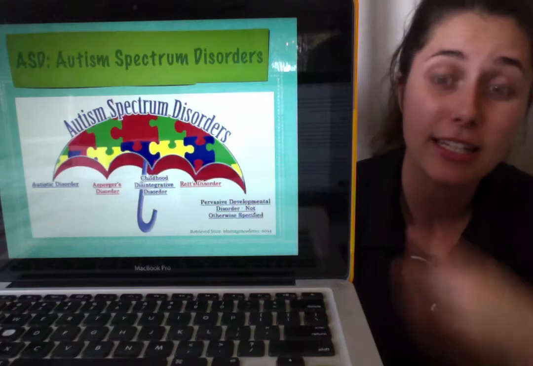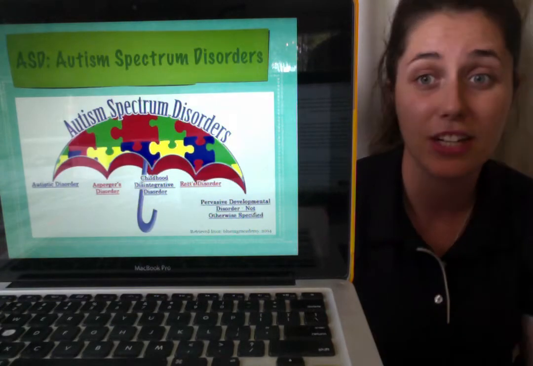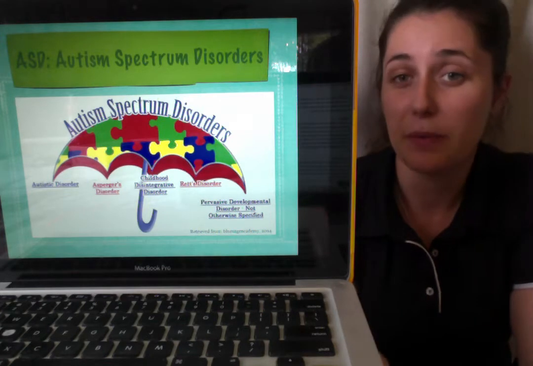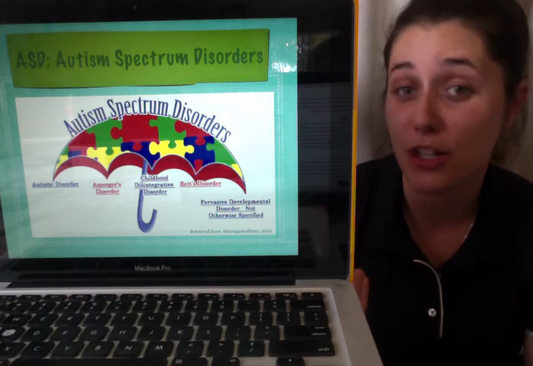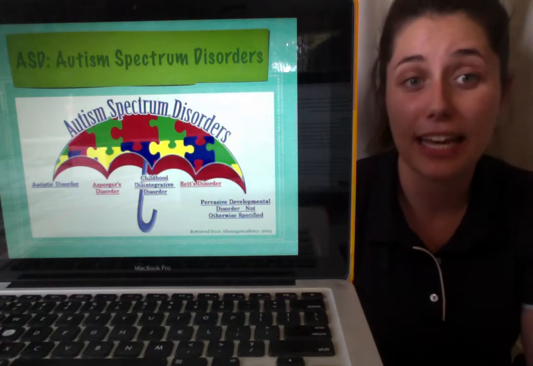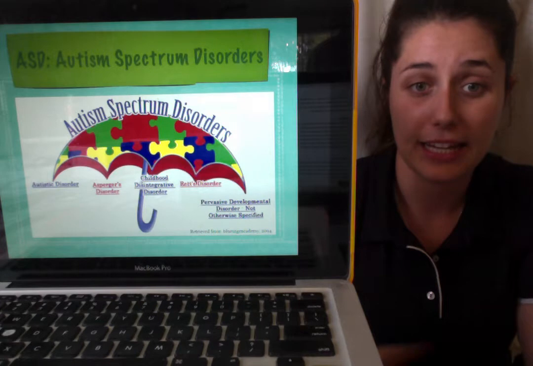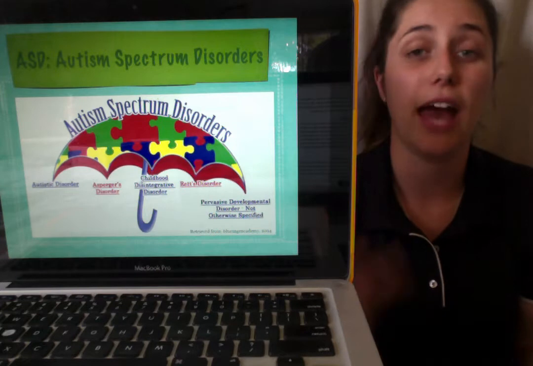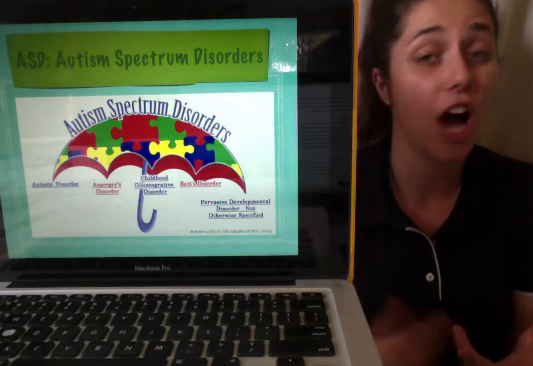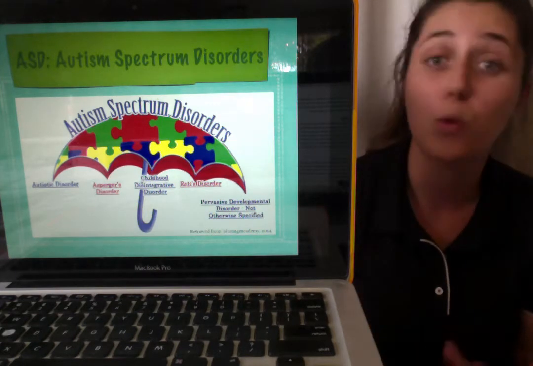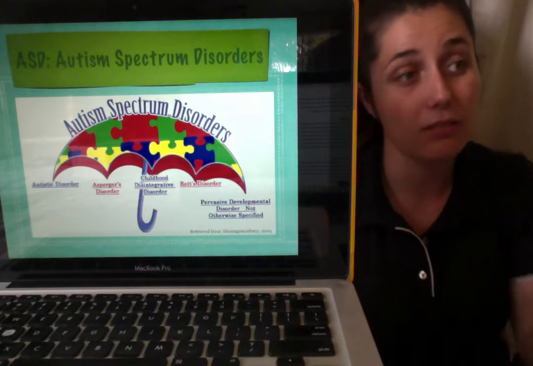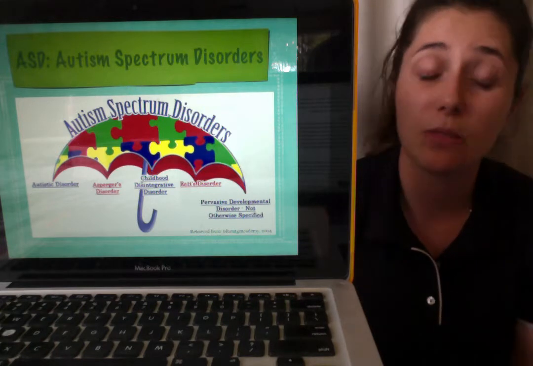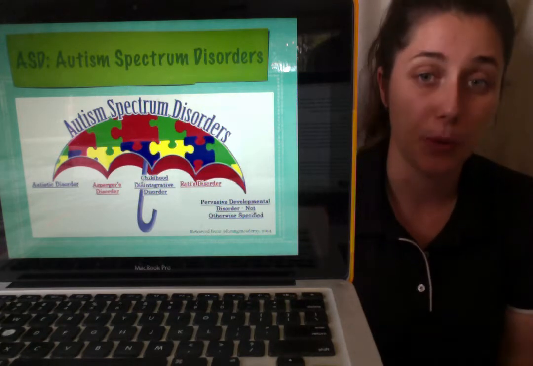So I've included this picture of an umbrella, which essentially covers what autism spectrum disorders may be associated with. We used to have Asperger's syndrome. Recently in 2013, it changed to level 1 autism. So lots of students with Asperger's syndrome are now being recognised and diagnosed as level 1 autistic students, maybe even stemming into level 2, but we primarily find level 1, which is often referred to as requiring support.